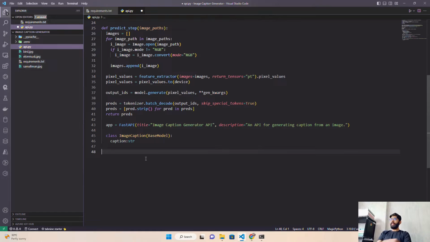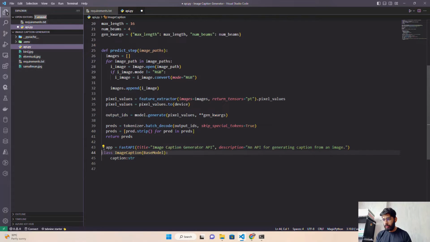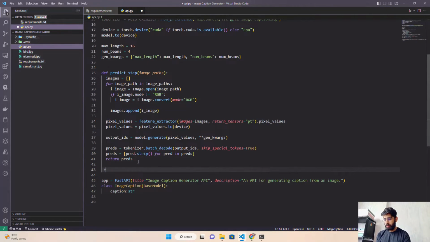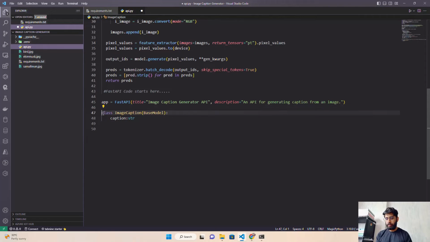Now we need a couple of things. Let's first define, excuse me, I think I have written this inside a function. This will come out. FastAPI code starts here, something like this, and let me do Alt G as well. Start here, app. This app is defined. Now we have the class. This looks nice. And then the next thing is